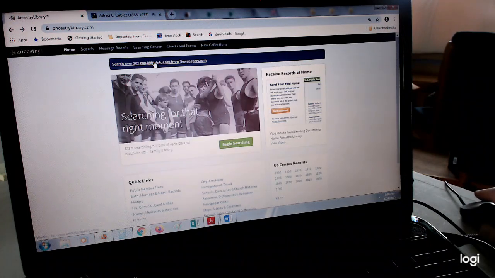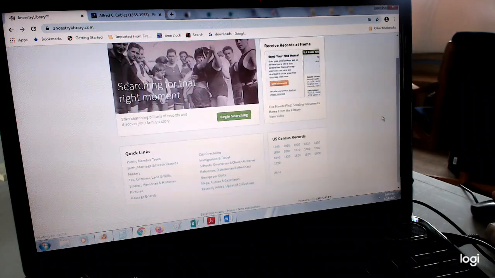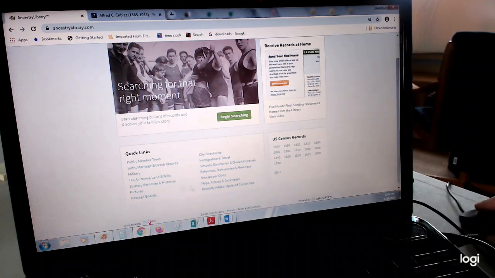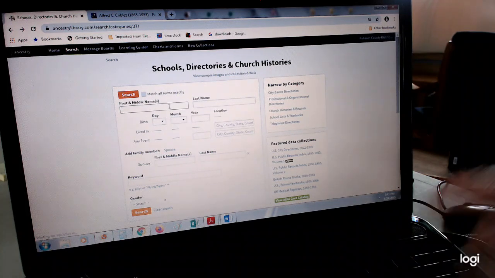So let's go back home. As you can see, there is a wealth of information that you can find on Ancestry. A lot of it is just hunting for it. There are quick links down here on the home page that you can go to. Pictures, excuse me, are interesting. Let's go to the school directories because they're just kind of funny.